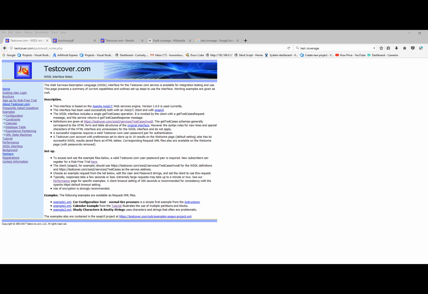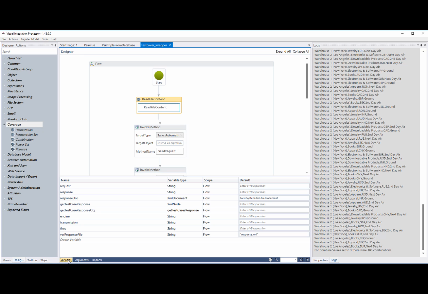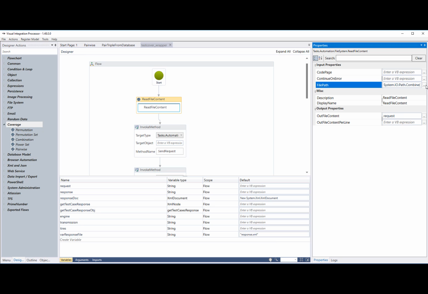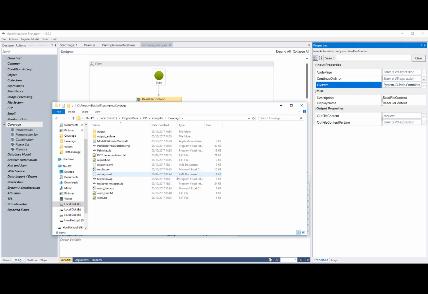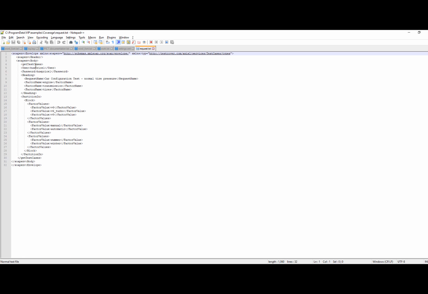So let's have a look at the flow itself. First things first, let's take a look at the read file content. What we're doing here is reading in a thing called request.txt. Let's have a quick look at that. So here's request.txt. We'll just open that. Now this first bit has come from the definition of the WSDL, which you can have a look at, and then what we're doing here, which is my account,